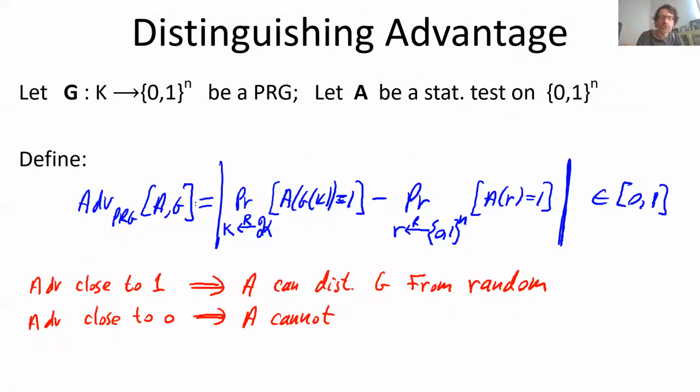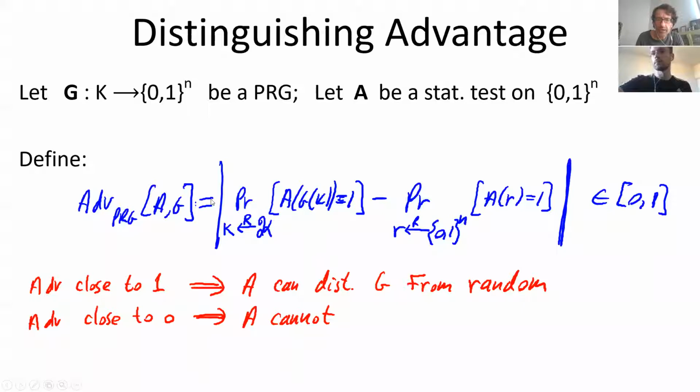And we define an algorithm G, which is a function from some key space to a larger space, to be a secure PRG if it's deterministic, and for any efficient adversaries, which are basically statistical tests,